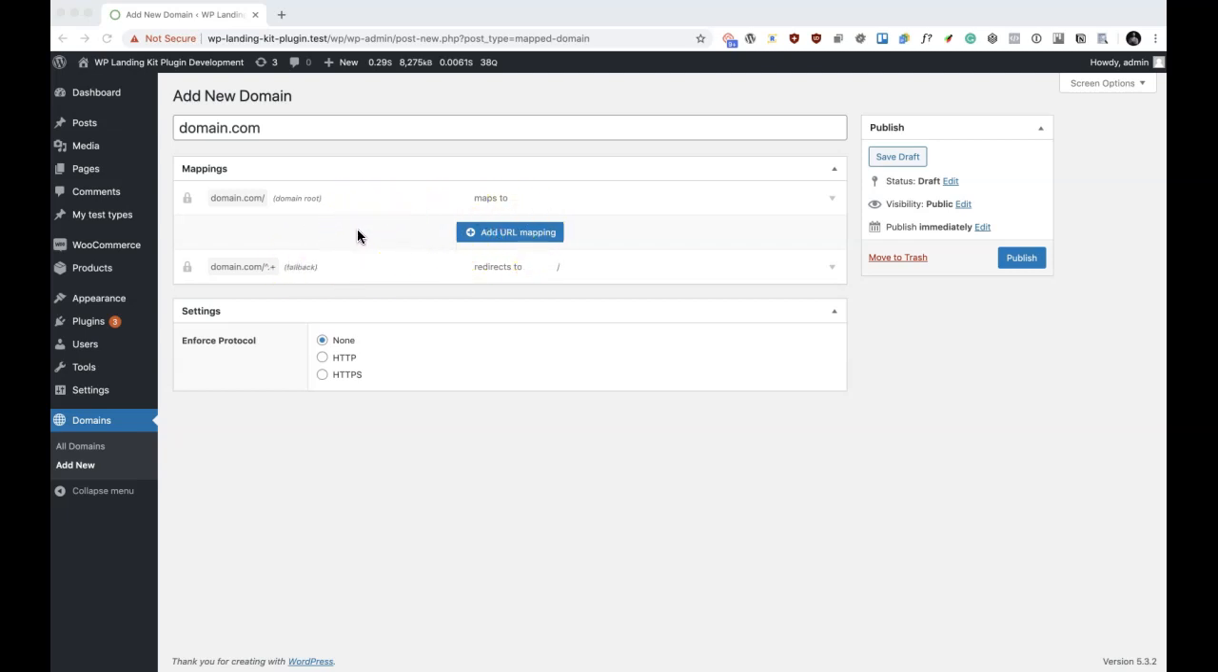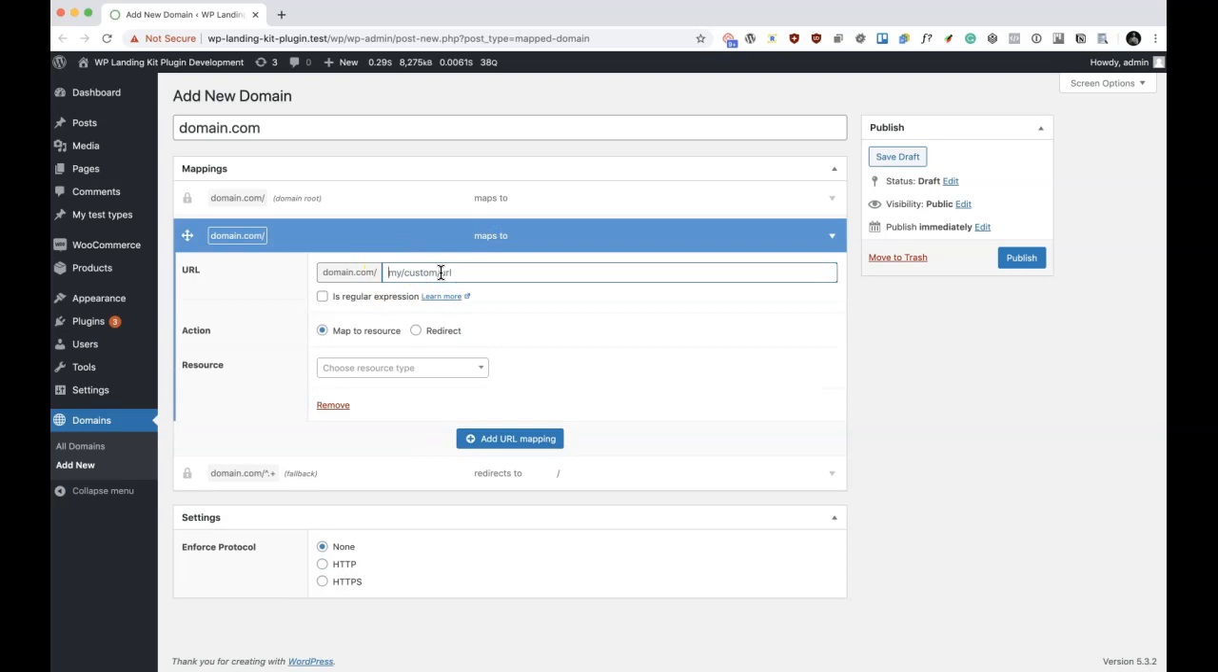Now, by default, the fallback will just redirect through to the domain root, but you can change the behavior as needed. So you can redirect it to the root, you can redirect it somewhere else, or you can map it to a resource. Perhaps you've got some kind of custom 404 or something like that you want to do. Both of these mappings are necessary and they can't be removed, but you can add as many custom mappings as you like. So let's start by adding our own custom mapping, and I'm just going to go with my custom